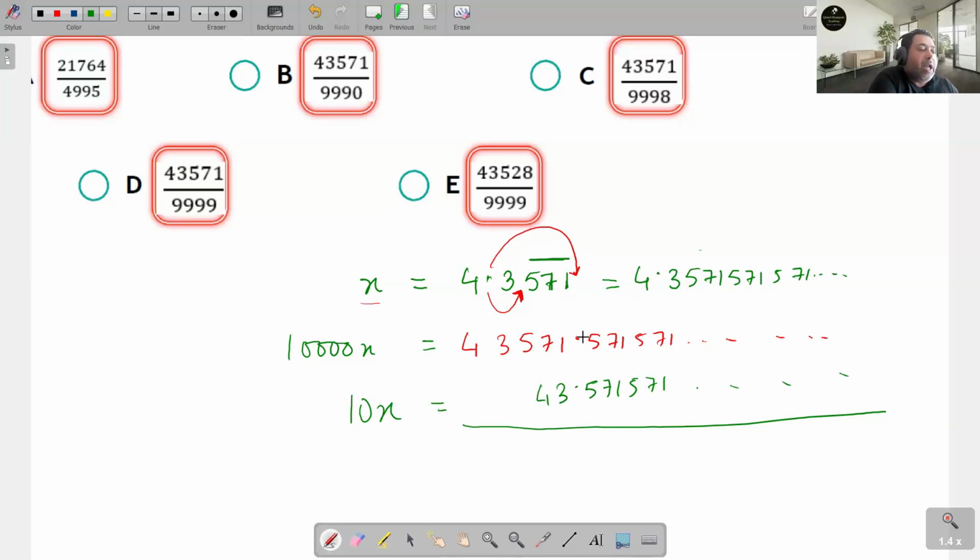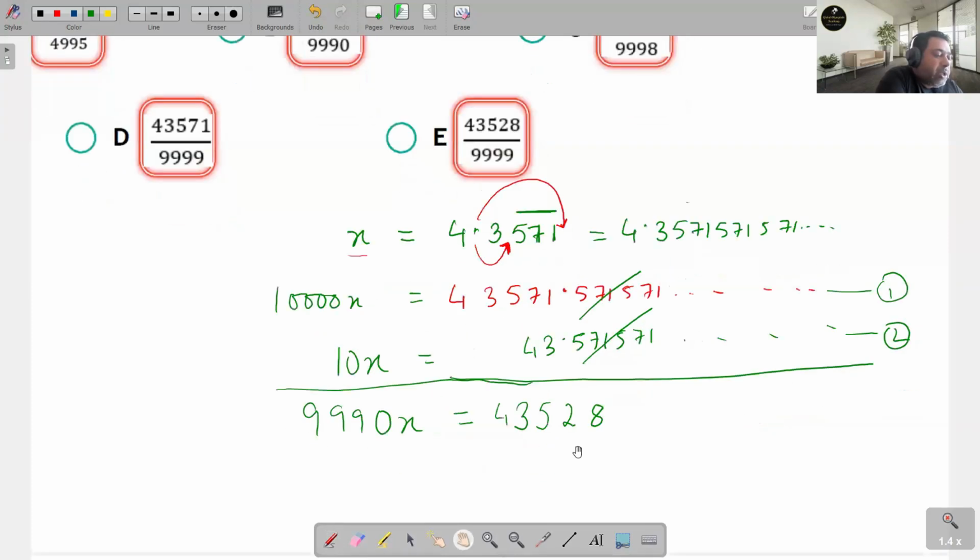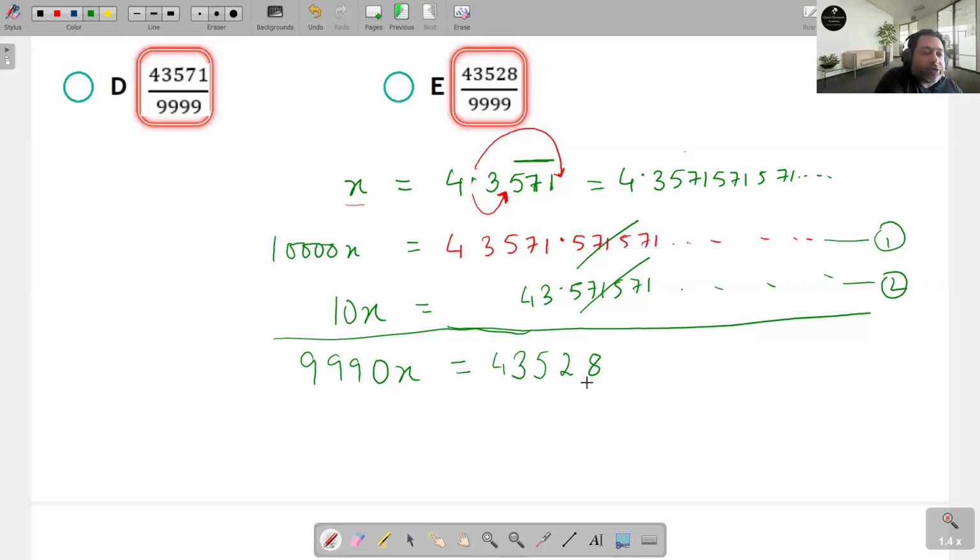Now, these are two equations. So this is equation 1 and this is equation 2. Now if you subtract from equation 1, equation 2, you will get 10,000 minus 10, which will be 9990, that is 9,990x is equal to, so this part will completely cancel out because they are exactly the same. And over here you will get 11 minus 3 is 8, 6 minus 4 is 2, and then 5 and 4 and 3. All right, and therefore we get 9990x is equal to 43528, and therefore x is equal to 43,528 divided by